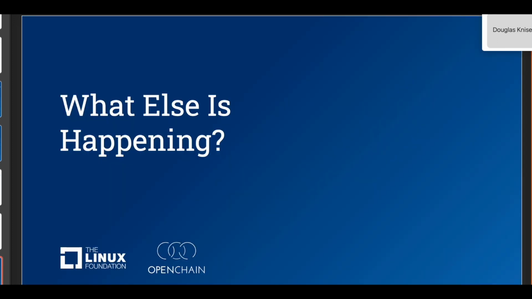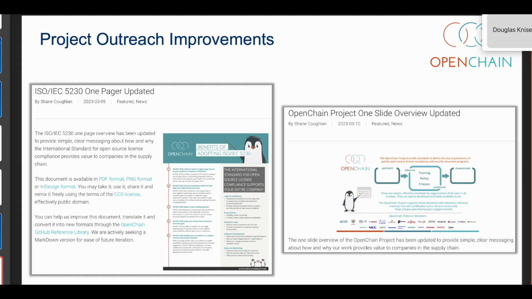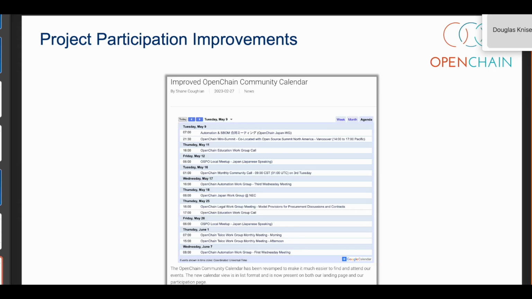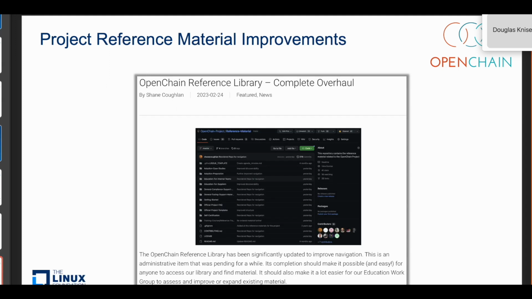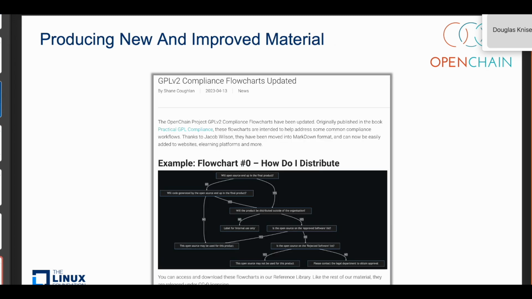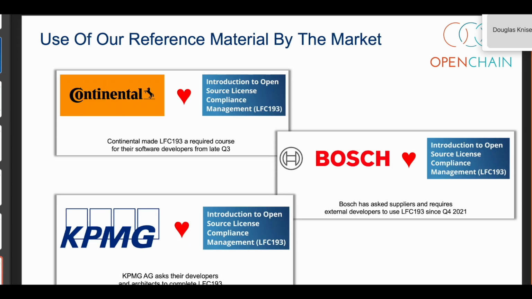Okay, there's a ton of other stuff happening across a project like this, so I'm not going to go into detail. There's just loads of reference material. There's a ton of meetings and events. We have probably the world's largest reference library for things about open source process management, whether it's about things like how do I make a policy, through to decisions like how do I begin thinking about SBOM. We try to collate material on that. We've got specific materials on various flowcharts, samples, all of these things.